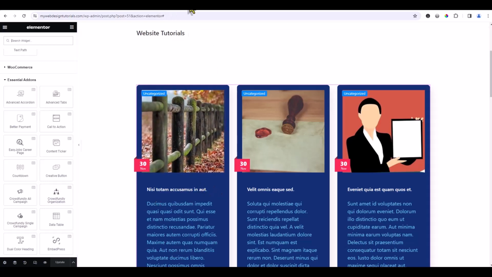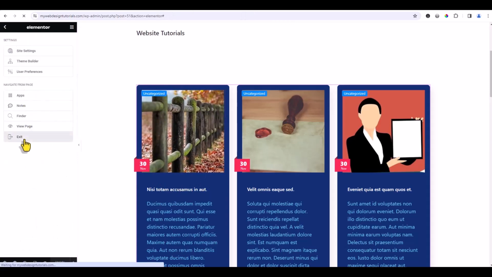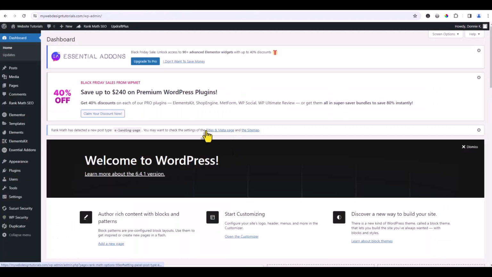Okay, so now I'm going to close out this theme builder, and what you can do is just go over here and then click exit. It'll take us back to the dashboard, and let's see. Next thing up is we're going to install a web design template now. So a template that we'll use for our website. So I'm going to go up to elements. Let's see, we're at almost 20 minutes for this video,